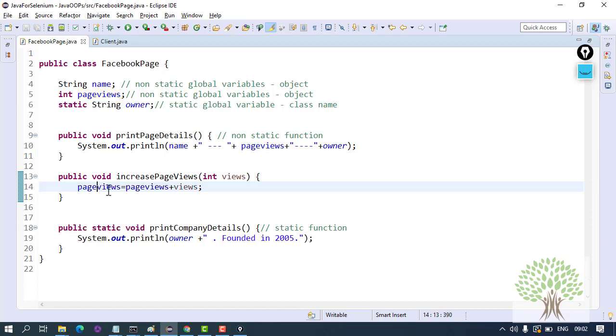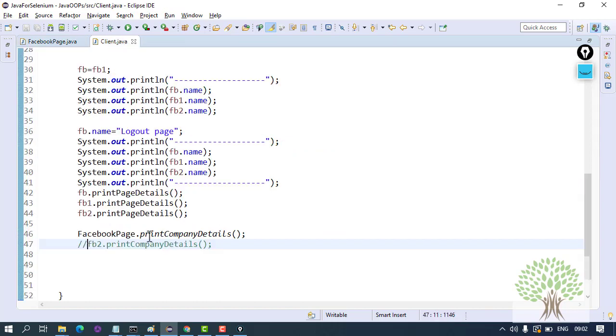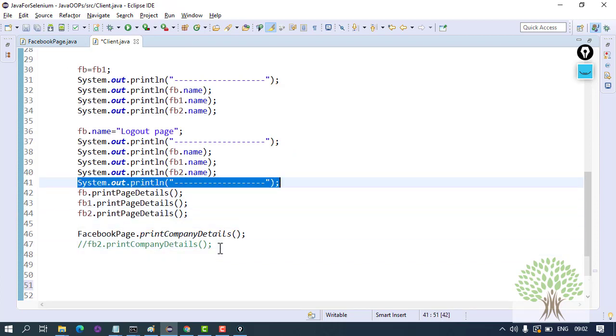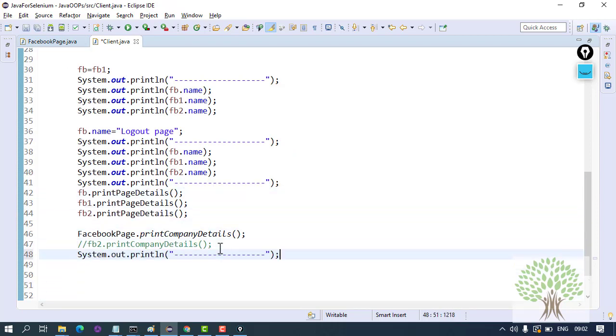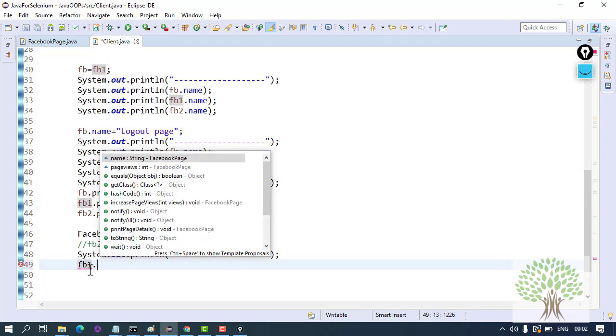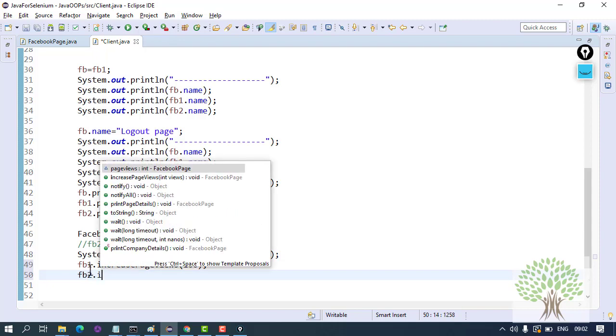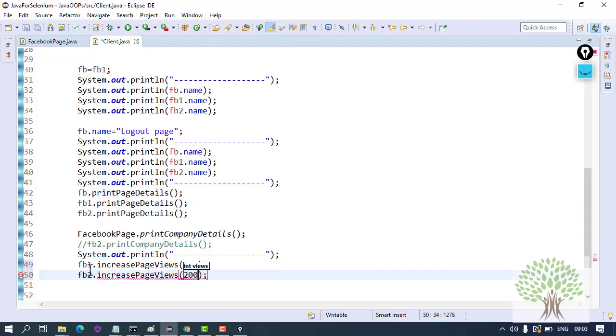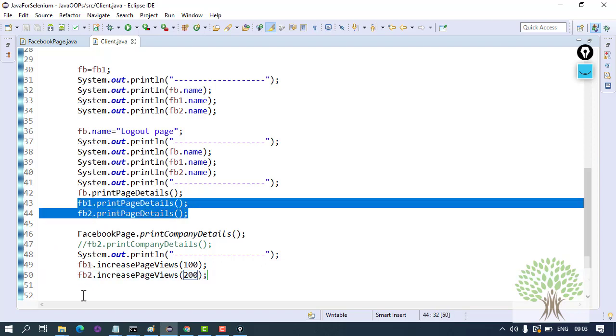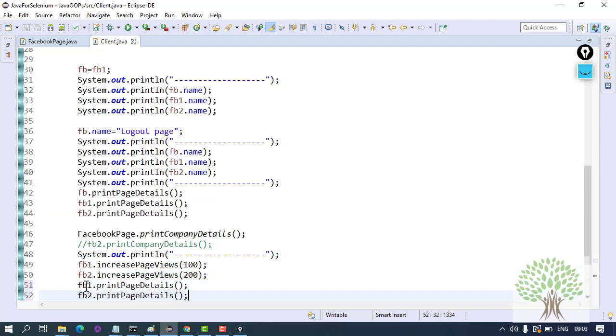Alright, so over here, suppose FB2 and FB1. FB1 and FB are the same object references, right? If I write over here FB1 dot increase page views by 100 and FB2 dot increase page views by 200, and I will print the details of FB1 and FB2 after this.